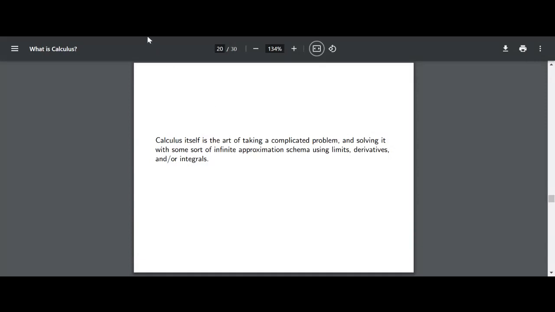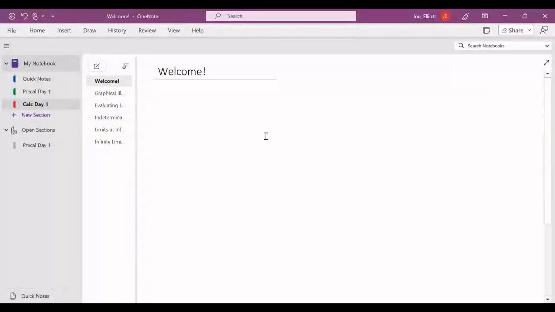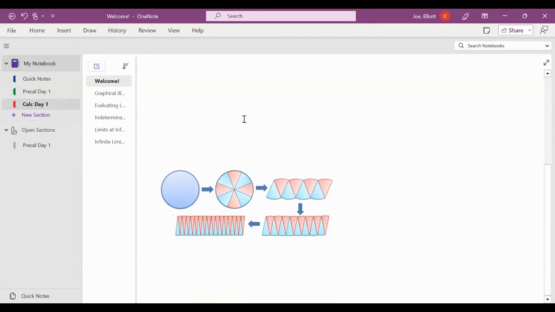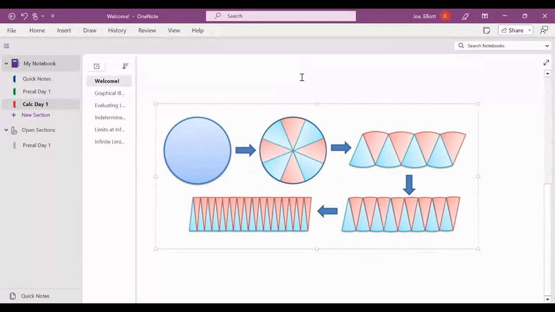All right, and I'm gonna stop sharing this real quick. And let me go back to my OneNote. I can get rid of that. Okay, so I want to give like another nice illustration of this kind of process. So some of you may have seen this before, but for those of you who haven't, here's kind of a picture of how to calculate the area of a circle. So